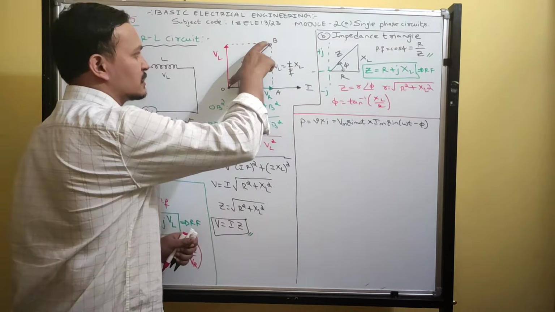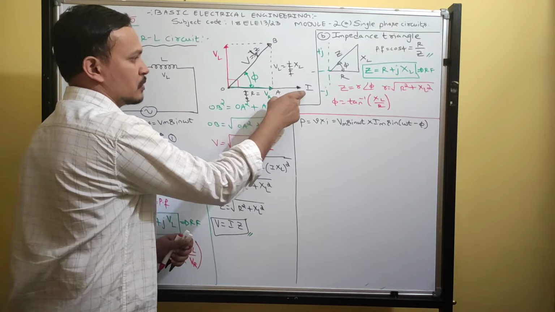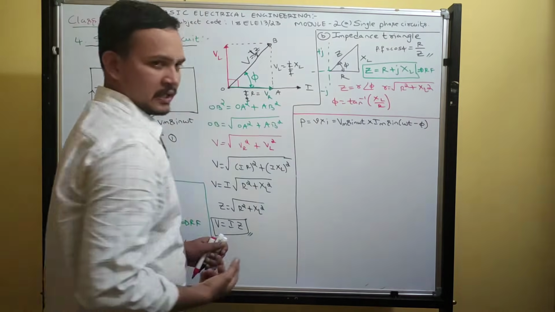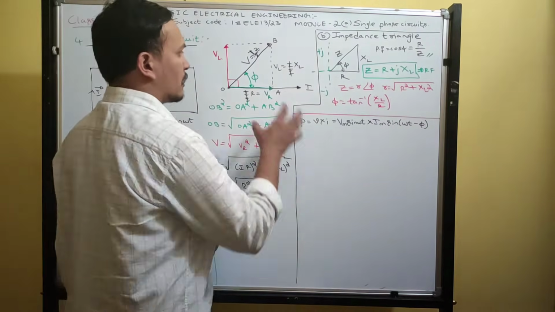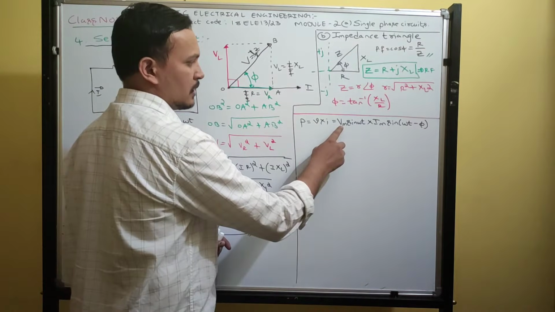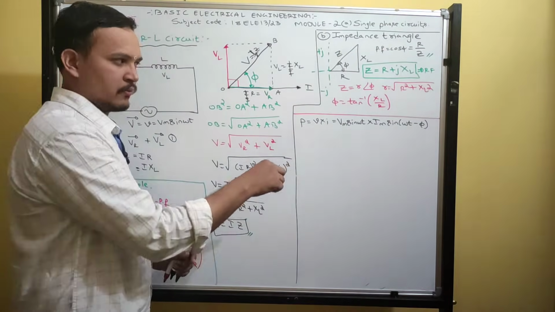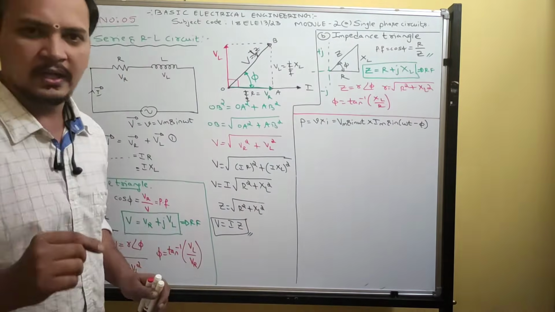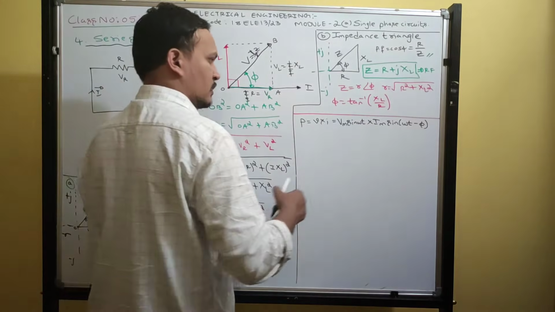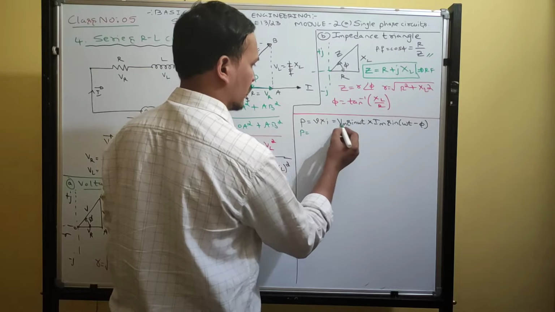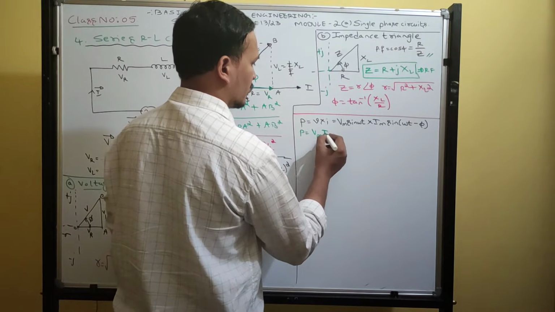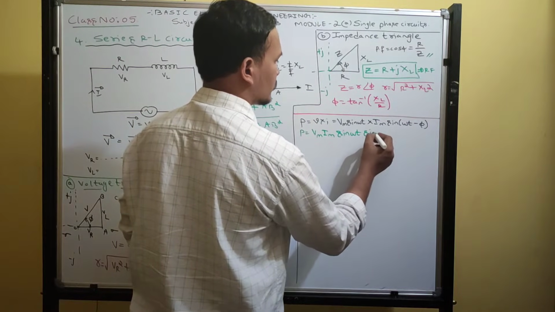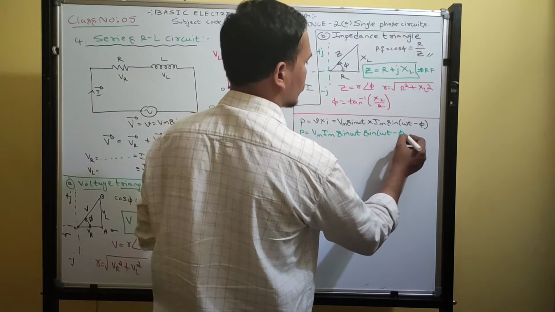With respect to this voltage, current lags by the angle phi. Now take this as the reference. Voltage is the reference. With respect to voltage, what about current? Current lags by minus phi. Lagging is nothing but a negative sign. Okay, got it? Otherwise, if you want to write according to the earlier one, you should write Vm sin of omega t plus phi for voltage, and for current you write Im sin omega t only. That is also correct. See, now multiply this. Multiplying that, you will get Vm into Im sin omega t into sin of omega t minus phi.